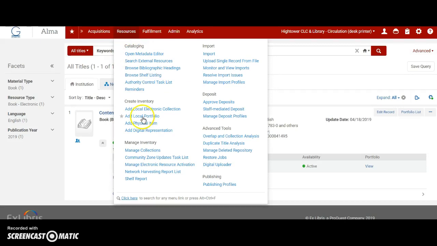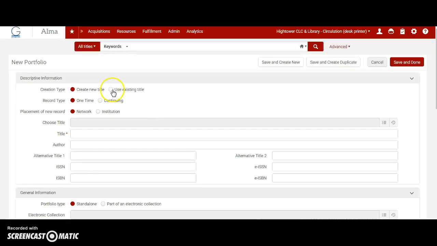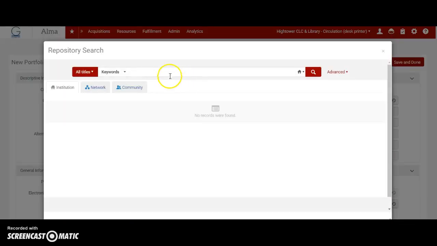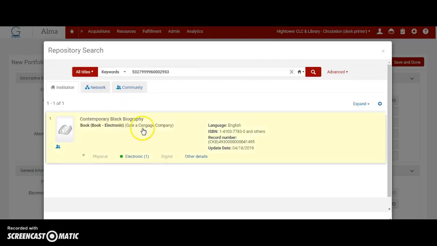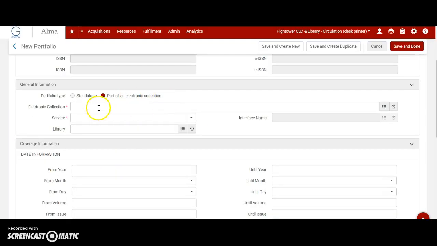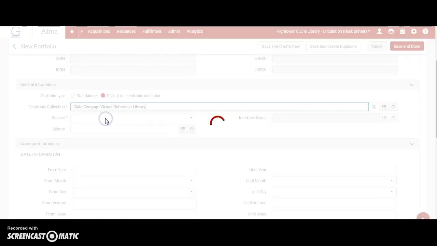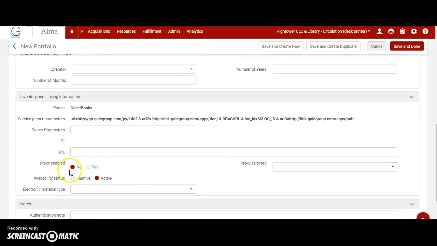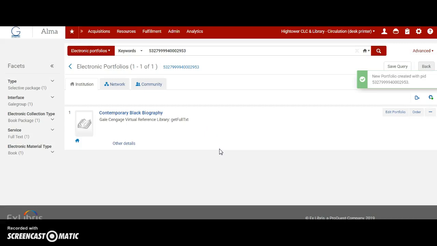Now I'm going to go to Resources and add local portfolio, use existing title, and we're going to pull up this item and select it, and then we're going to go to make it part of an electronic collection, and we're going to make it part of Gale Cengage and select our library. And come down and leave all this as proxy enabled no, or I'm going to change this to book, and then click Save and Done. And that should have added this to that other